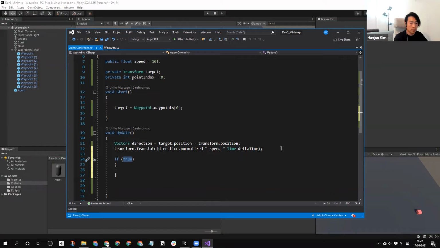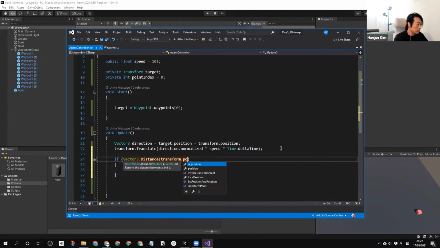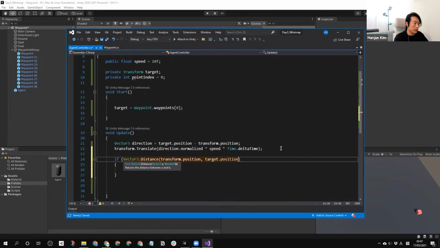So if Vector3 distance, and which distance is the position of the agent and the target. I think we used this concept yesterday as well, right? So if it is smaller than, I don't know, maybe like this,